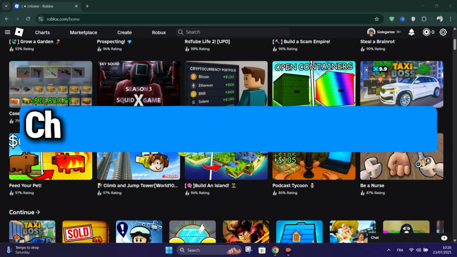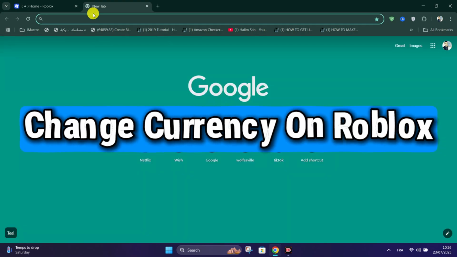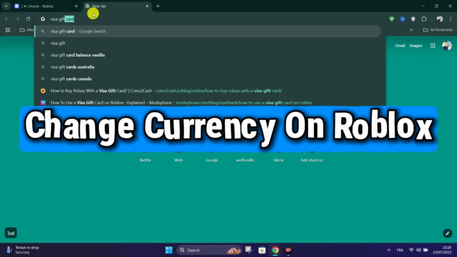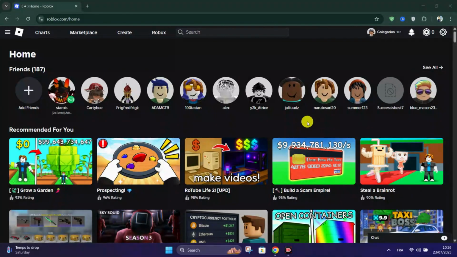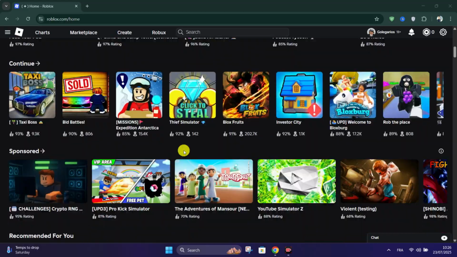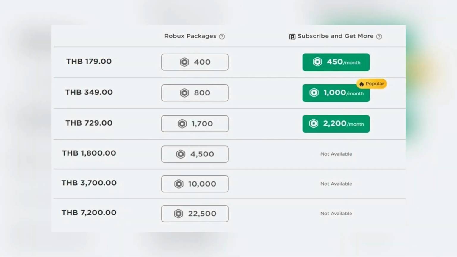Today we're going to see how to change your currency on Roblox. First thing you need to try is to get a reliable free VPN or a paid one. Install it on your computer or mobile device. Now open your VPN app, then choose a server in the country whose currency you want to see, like Japan